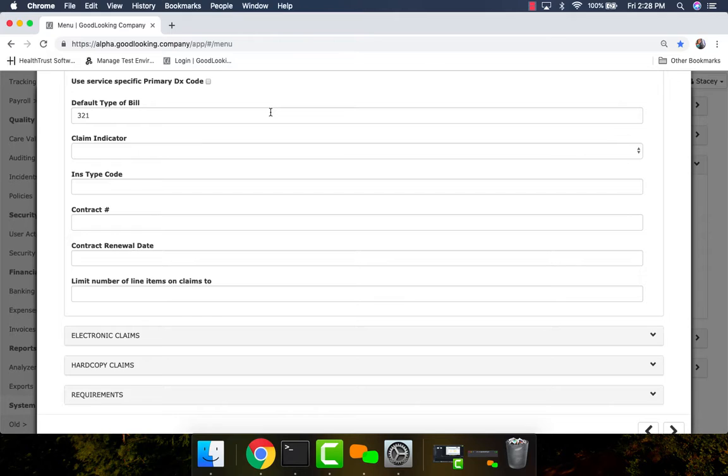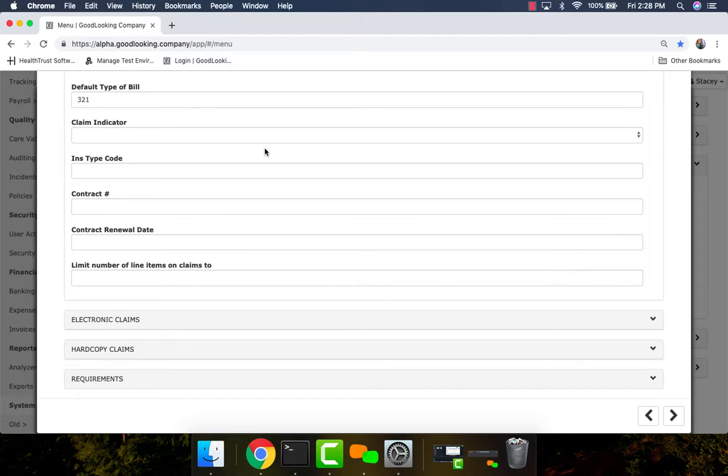That's primarily utilized by therapy companies that offer multiple disciplines like physical therapy versus occupational therapy. That allows you to have 10 diagnosis codes for your patient, but to specifically allocate one for OT and a different one for PT. You would want to enter in the default type of bill, the default claim indicator,